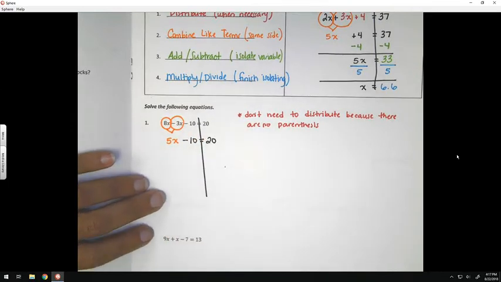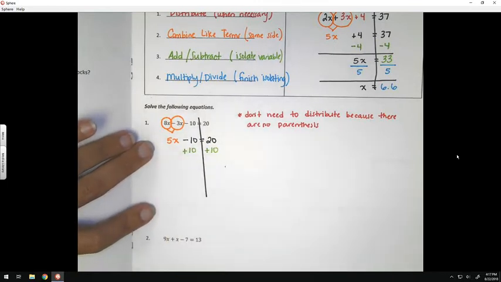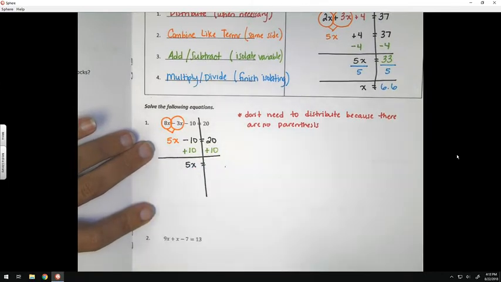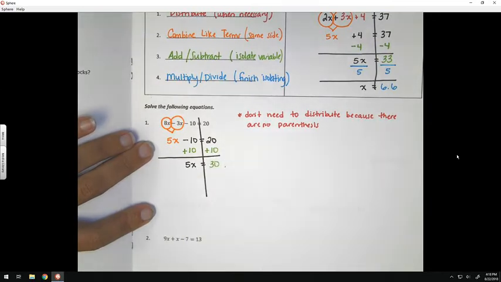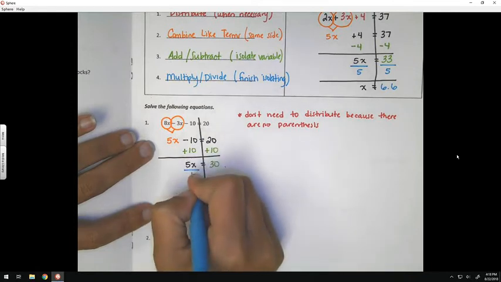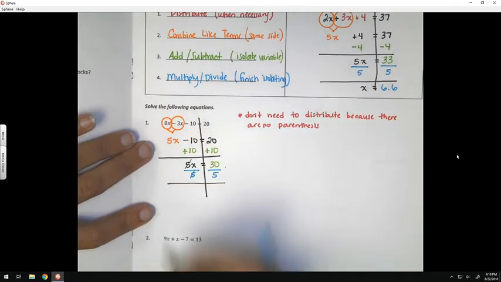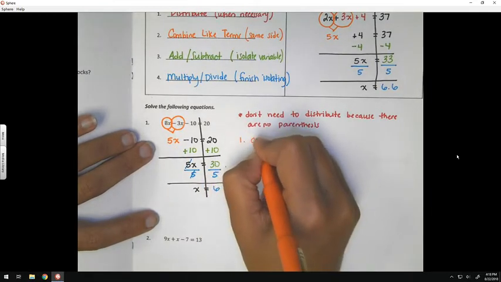Now I'm going to add or subtract. So add 10 in order to undo subtracting 10. And I get 5x equals 20 plus 10, which is 30. And finally, I'm going to divide by 5 on both sides. Now, the 5 and the 5 are going to cancel, so I get x equals 30 divided by 5, which is 6. So if I were to write in words what I did here, I combined